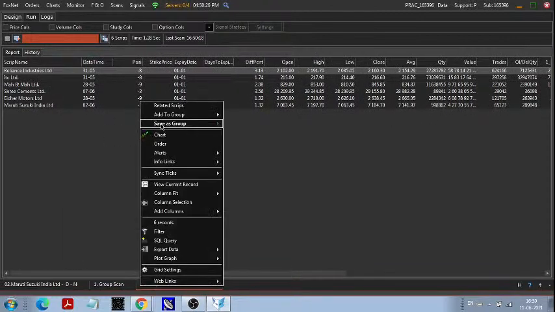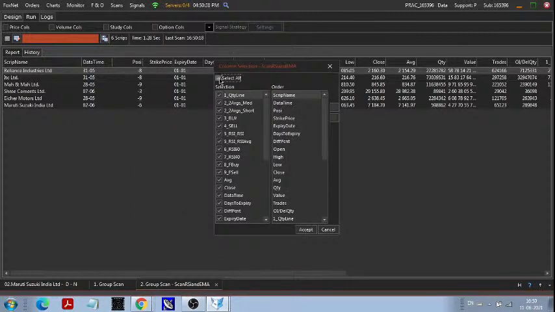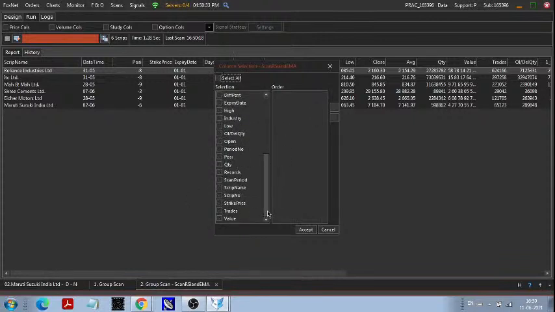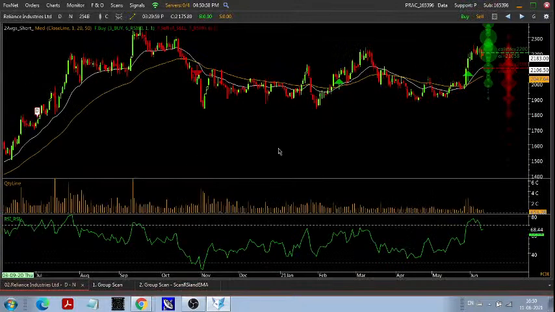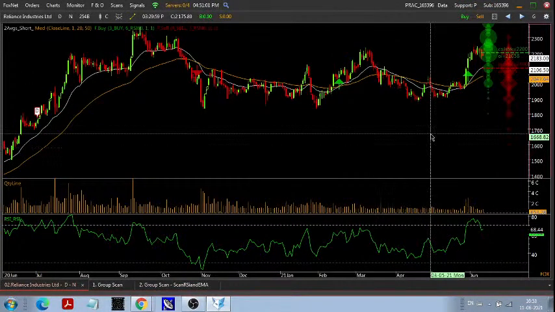Now I will do the right click to set the columns, and this column selection also can be saved. On the relevant column, I will select the final buy, final sell, script name, date, time, and price. Date, time, price, and final buy, final sell. These are the only relevant columns which I required right now. So this is the shares which we have got the buy signal in last 10 bars. I have shown you earlier that the show bar is there.